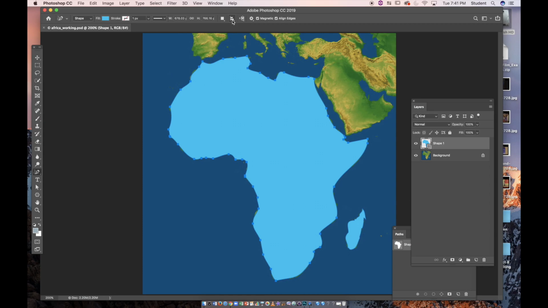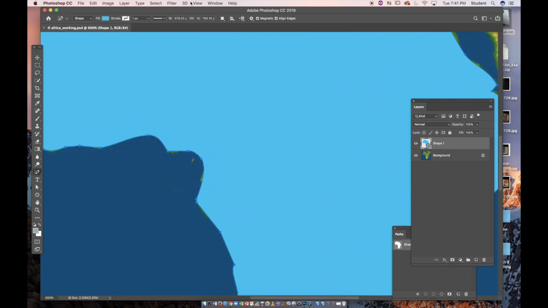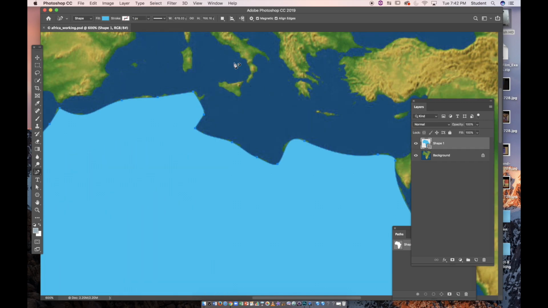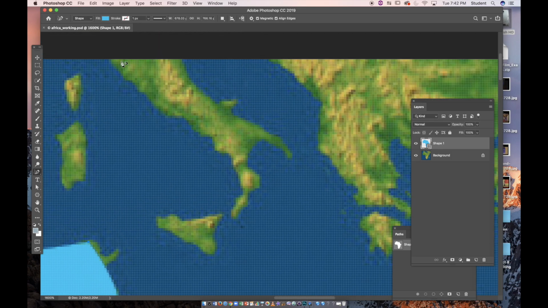Now, basically, what they're talking about here was steps 3 through 5, and I'm going to zoom in on Italy, Command plus. If it doesn't catch an edge, you can manually click to force points, okay? It doesn't really matter where you start. I'm going to start here. Everything's looking pretty good, but as you can see, as we get down toward the boot, as I try to go around this edge,